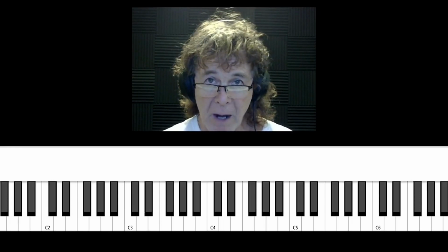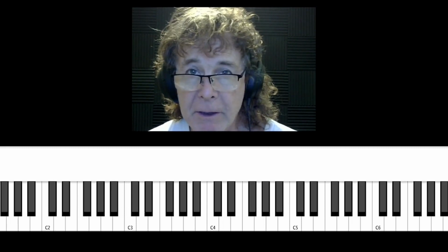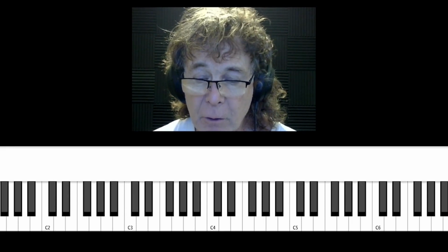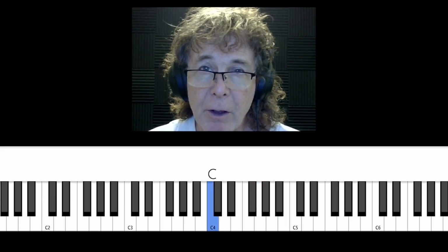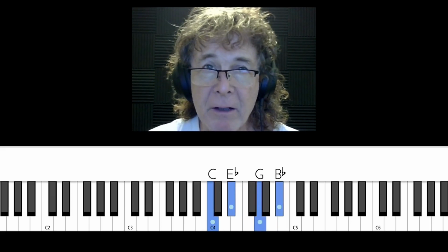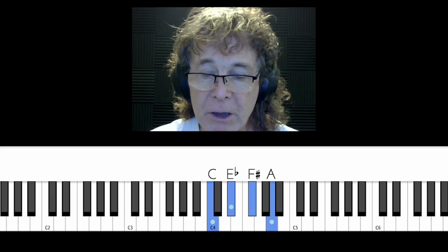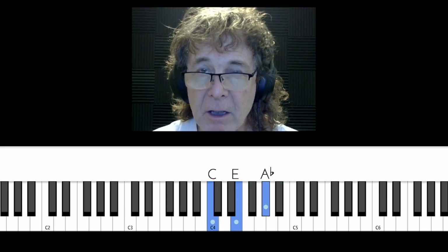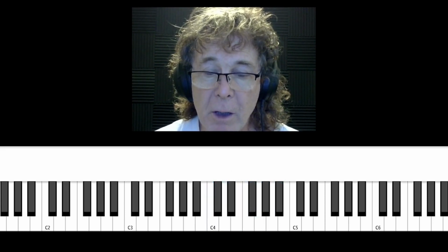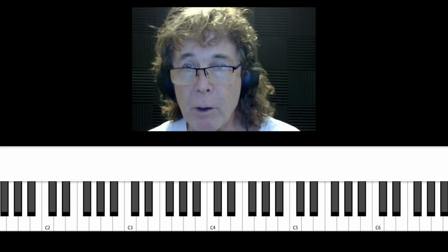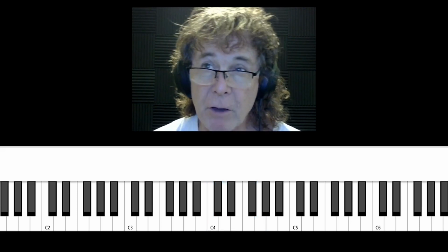Today, how to figure out the chords to a song. To do that, you're listening for a few things. First, what type of chord is it? Major seventh, a regular seventh, a minor seventh, a half diminished, a full diminished, an augmented, a sus4, or a sus2. And then you're also listening for what position within the diatonic chords, if it's a song with all diatonic